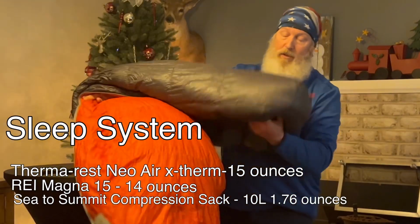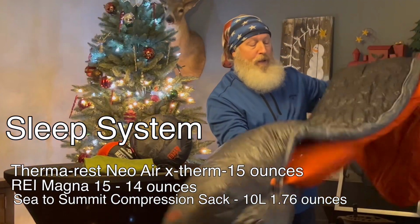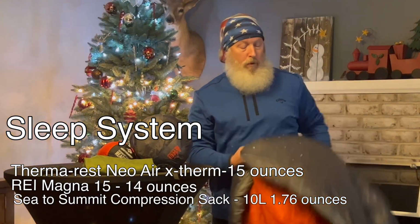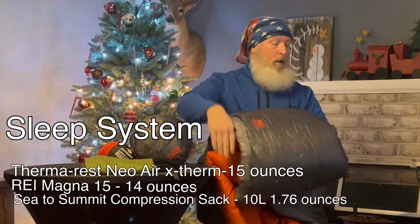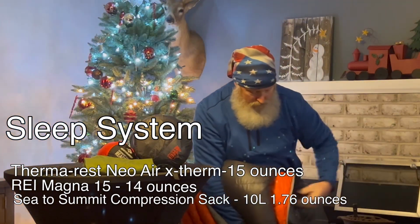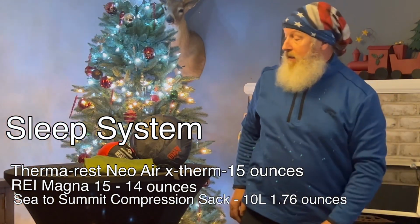But just in case, it does loft up pretty good. It was just compressed, so it takes a little bit of time. When you get to camp, you might want to let that thing sit up for a little bit and air up. But it's quite warm. I've had it in temperatures down to 10 or 12 degrees so far. So that's my bag. And the next part of that sleep system